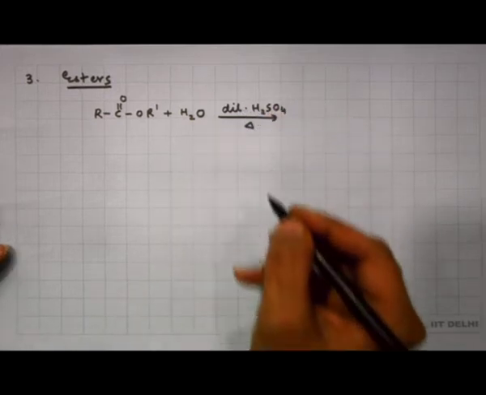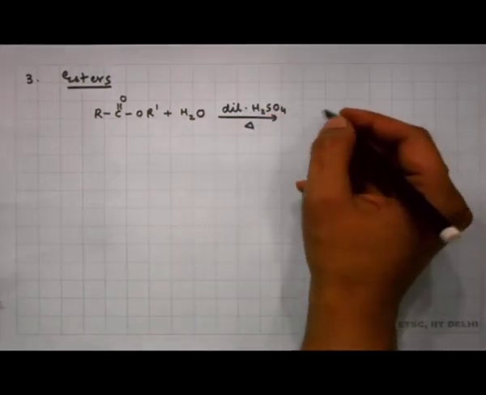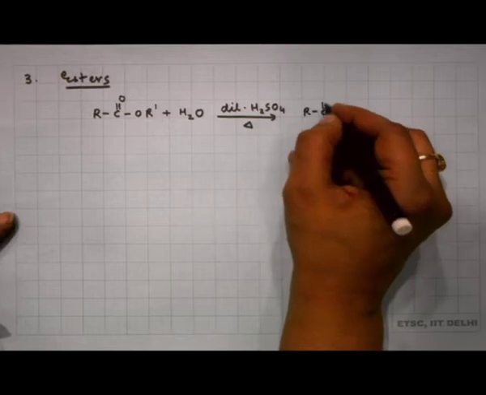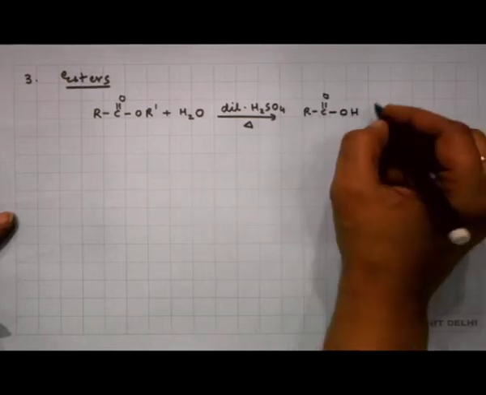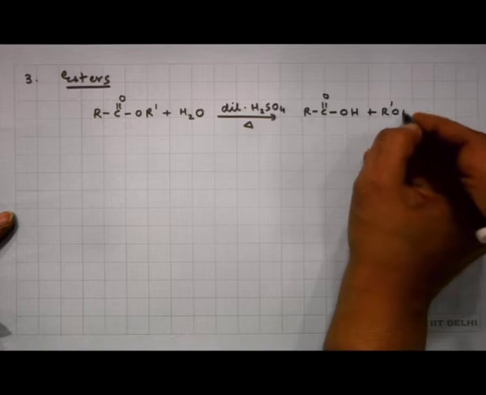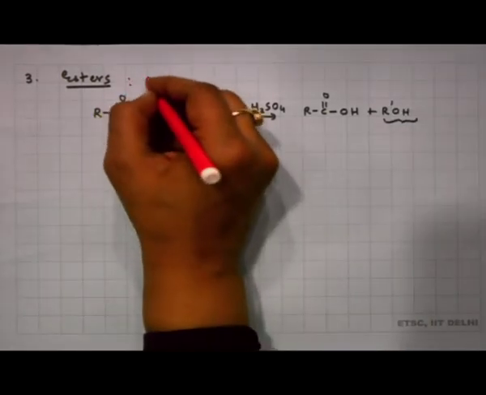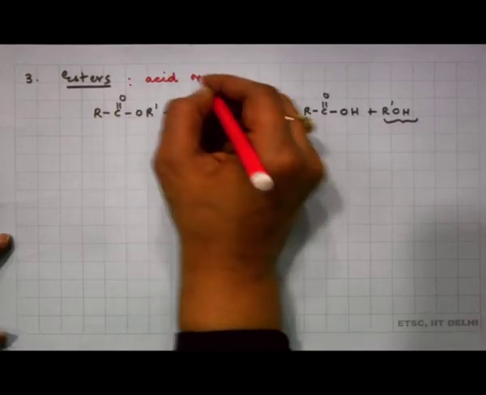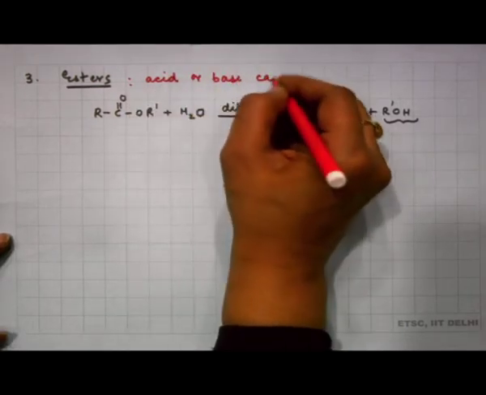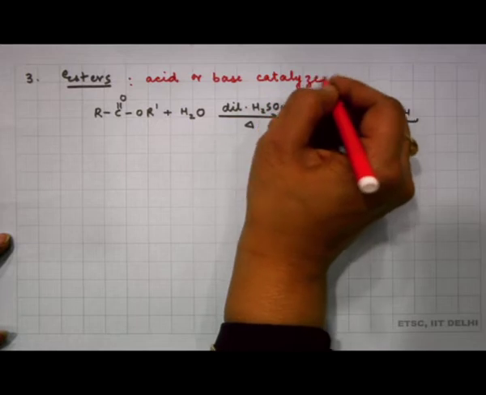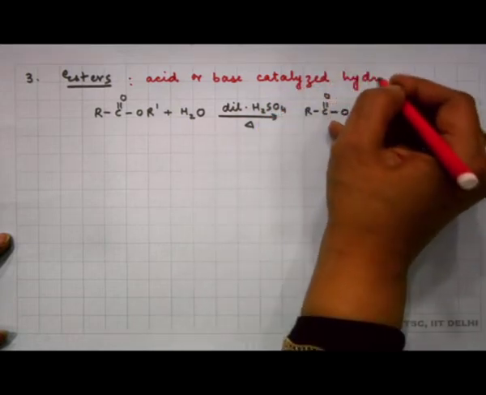So, it is an acid or a base catalyzed hydrolysis of the ester which we perform, and we get the original starting components, the acid and the alcohol from which this ester was generated. So, the esters can be subjected to an acid or a base catalyzed hydrolysis to yield the corresponding